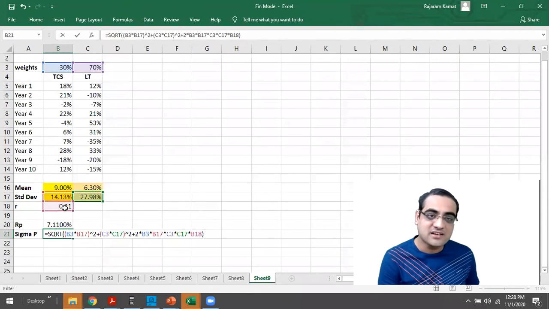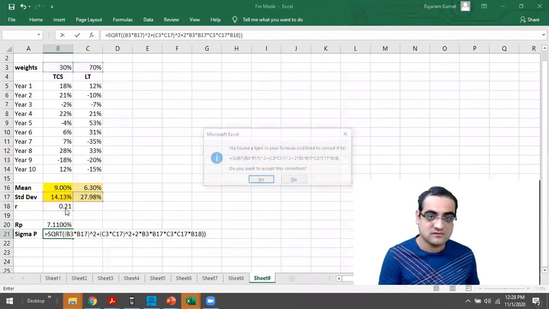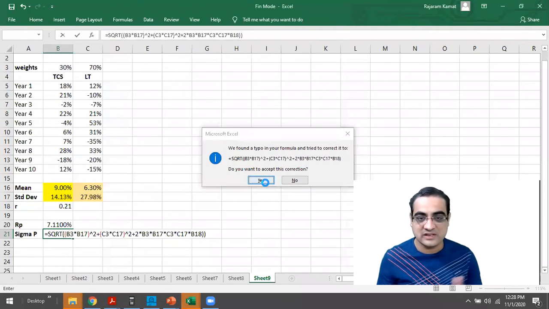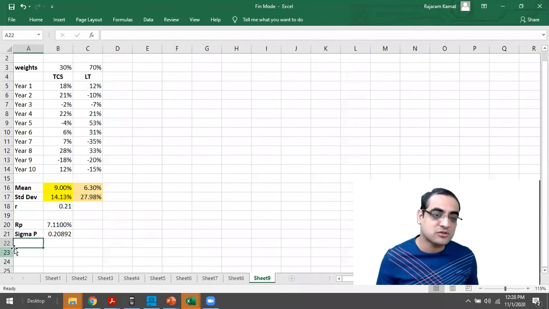So I'll complete the bracket. I think put one extra bracket. So it's coming out to be